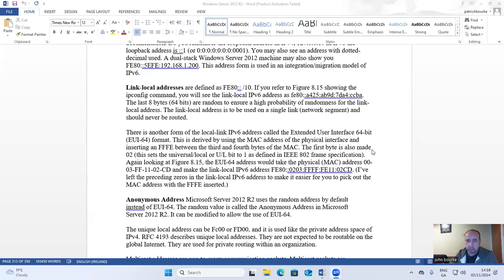The first byte is also made 02. This sets the universal/local, or UL, bit to 1 as defined in the IEEE 802 frame specification. Again, looking at figure 8.15, the EUI-64 address would take the physical MAC address